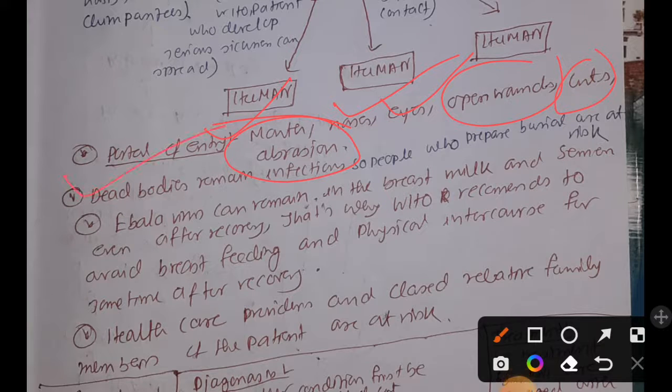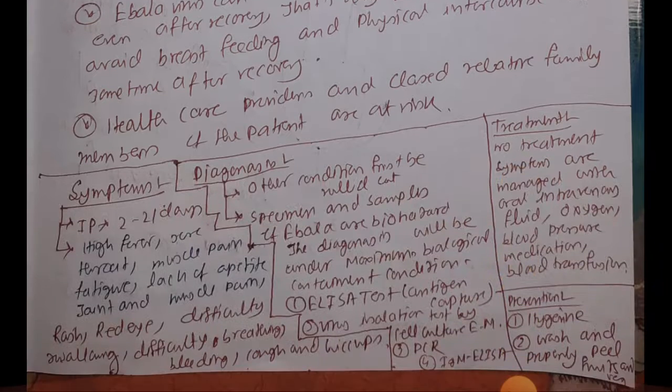A dead body remains infectious, so the person who prepares the burial for Ebola infected patients is at risk, along with healthcare workers and family members. And Ebola virus remains in semen and breast milk, so it is recommended to avoid physical contact and breastfeeding